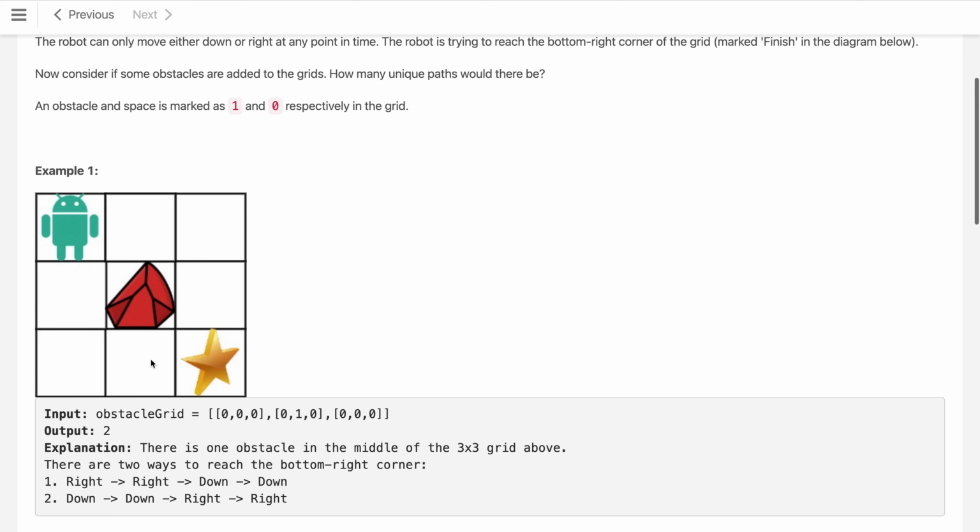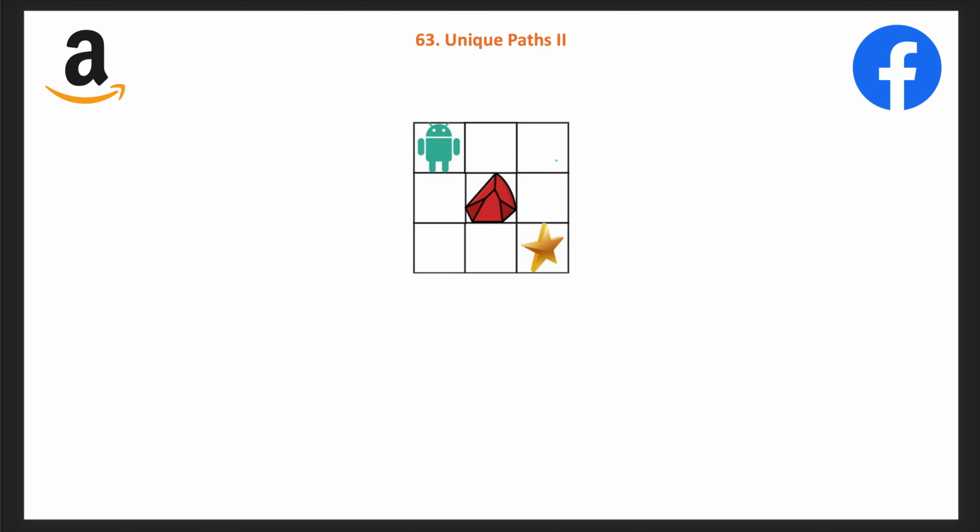For this example 1, there are 2 paths. How? The robot has two options: either go rightward from the current cell if possible, or downward from the current cell. The robot is here, so it can go here. Then after reaching here, the robot has only one option, because it cannot go into this cell where there is a stone. So the robot will go rightward over here. Then from here the robot can go downward, because going right it would go out of the grid, so that is not possible. Taking another down step, the robot will reach the finish cell.